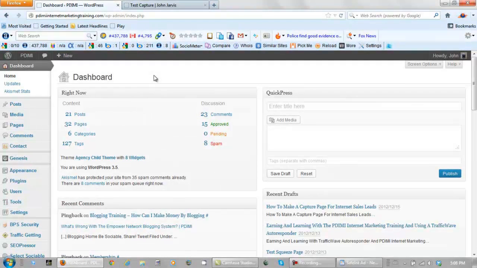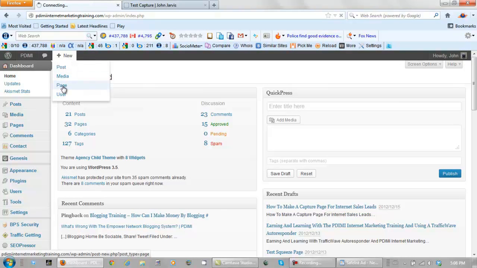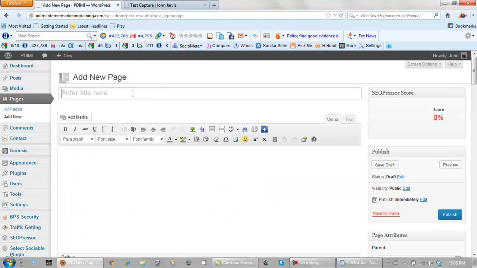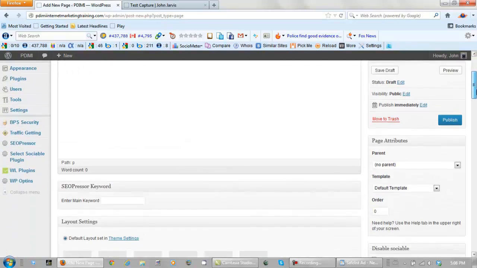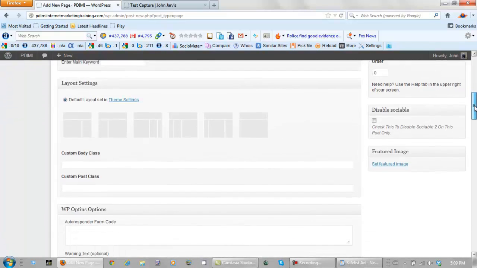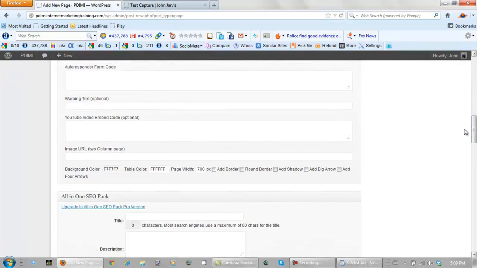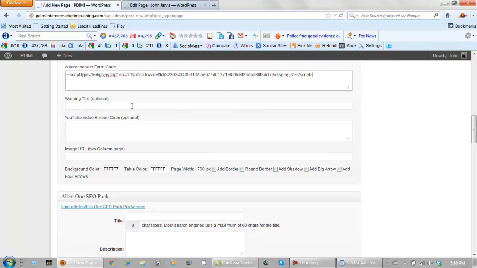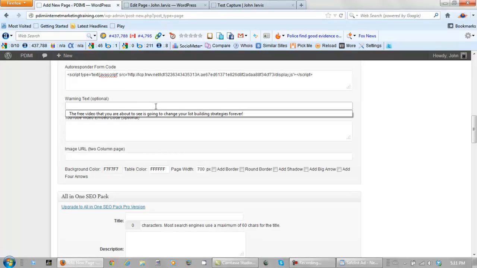Okay, inside of our dashboard here, we need to create a new page. This doesn't work on posts, only a page. And I'm creating this page as a Safelist ad. And what I'm going to be giving away here free is our free WordPress training. So what we need to do first is pick out the default template, and let's go one column. Let's go down here and put in our autoresponder form code. Just pop this in here, and let's drop in our warning text. Pop this in here,